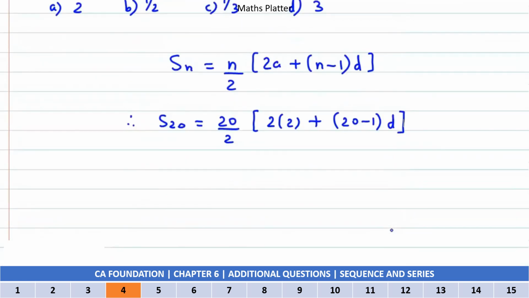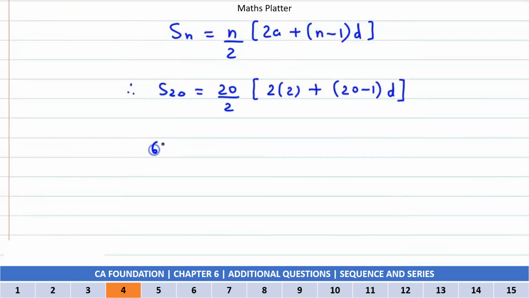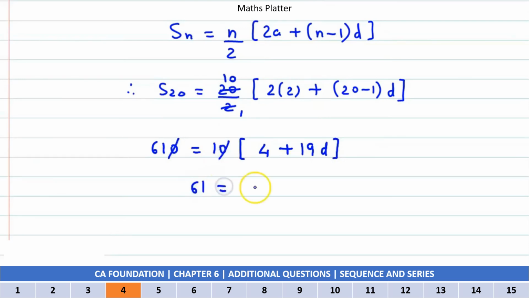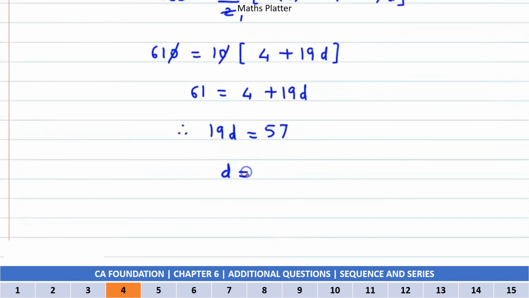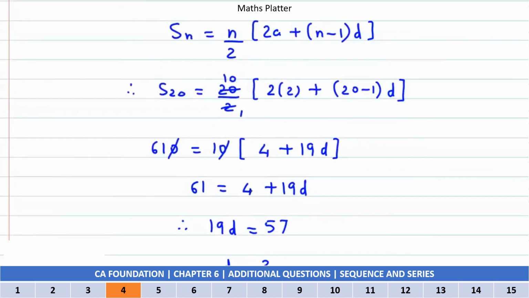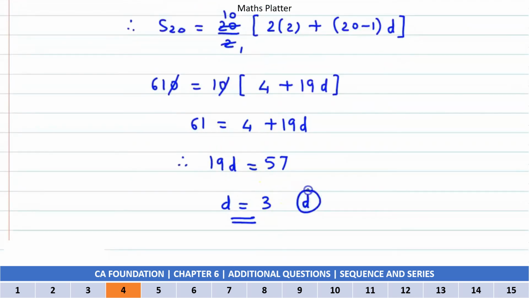अब S20 की वैल्यू है 610, सो लेफ्ट हैंड साइड की वैल्यू यहाँ पर है हमारे पास 610 इज इक्वल टू, ये हम कट करके यहाँ पे 10 ला सकते हैं, सो वी हैव 10 टाइम्स, ये हो जाएगा 4 प्लस दिस वुड बी 19 इंटू डी, ये 0 0 हम कैंसिल कर देते हैं, सो वी हैव 61 इज इक्वल टू 4 प्लस 19d, सो देयरफॉर यहाँ पे मिलता है 19d इज इक्वल टू, नाउ 61 माइनस 4 ये हो जाता है 57, एंड इफ वी डिवाइड 19 यहाँ पर, सो 57 डिवाइड बाय 19 इज 3, तो कॉमन डिफरेंस आता है 3, और ऑप्शन अगर देखें तो द ऑप्शन इज डी।